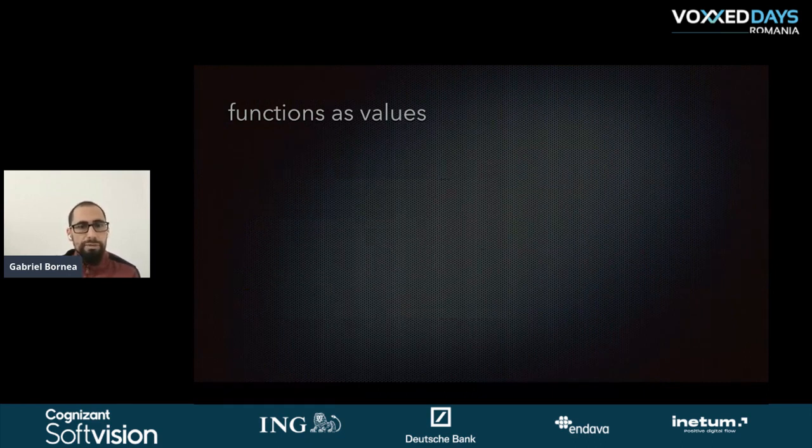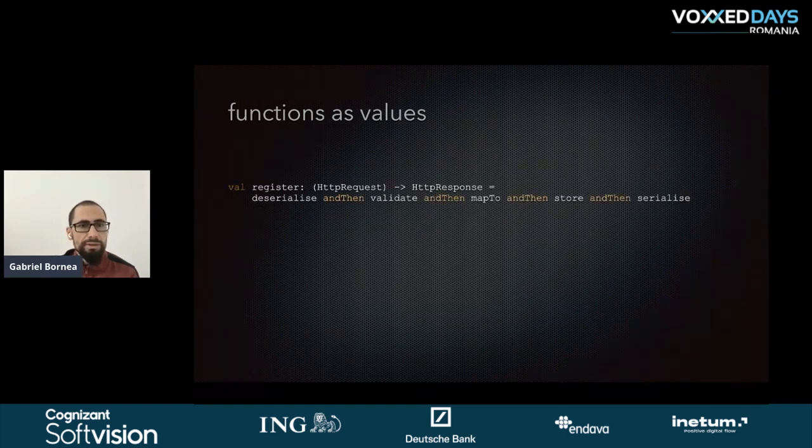And if we compose all of this using what we've seen earlier, our entire API could look like this. We have the register that goes from an HTTP request to an HTTP response, and inside you see deserialize and then validate and then map to and so on. This looks pretty cool, but before you have maybe a eureka moment and think that, whoa, this is very cool,